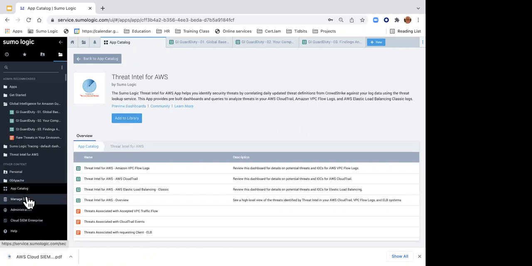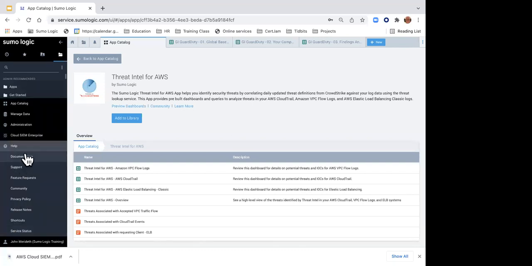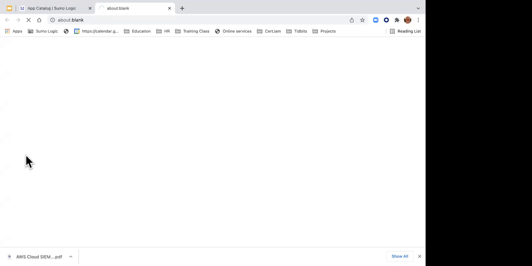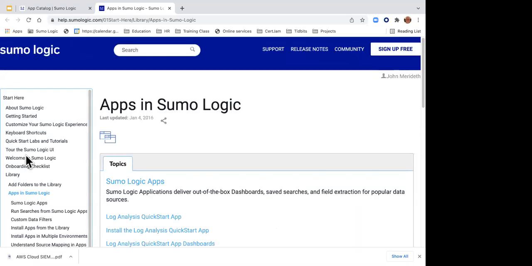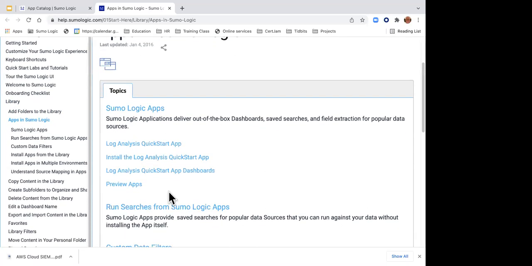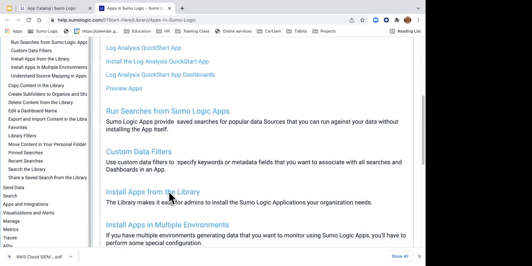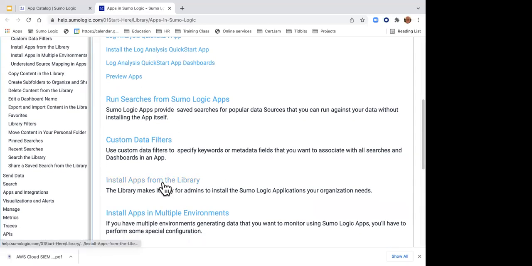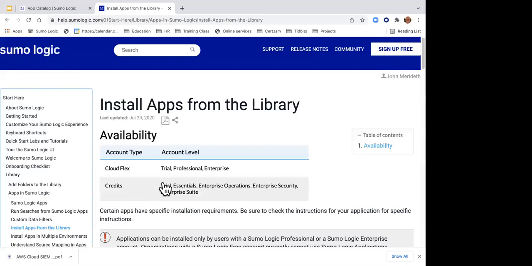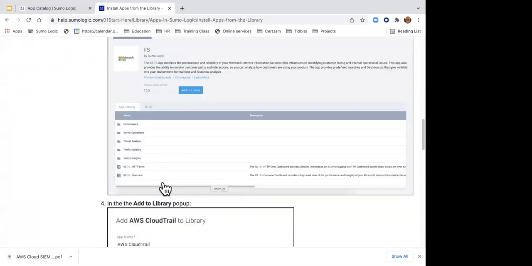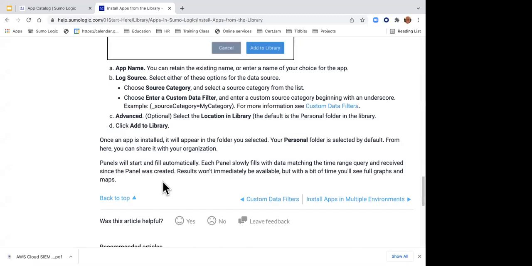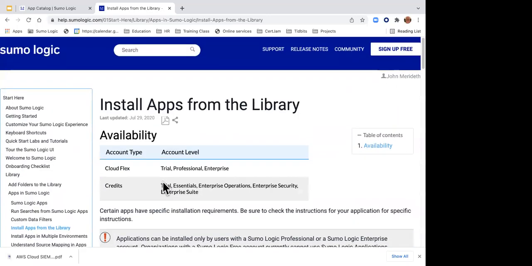And you can find out about any of our applications by going to our documentation. Our documentation, quite frankly, is real simple. Our documentation is, again, in this main menu down here at the bottom. Under Help, under Documentation, will take you to our product documentation. And here it starts talking about our apps in Sumo Logic. And you could do a search for various apps that you want. So if you want to install the apps from the library, again, it talks about how you install them and all that fun stuff, which we're going to go through in just a little bit. Okay. So I want you to be aware of that.